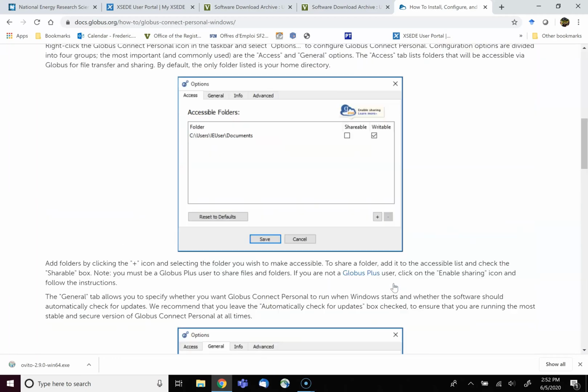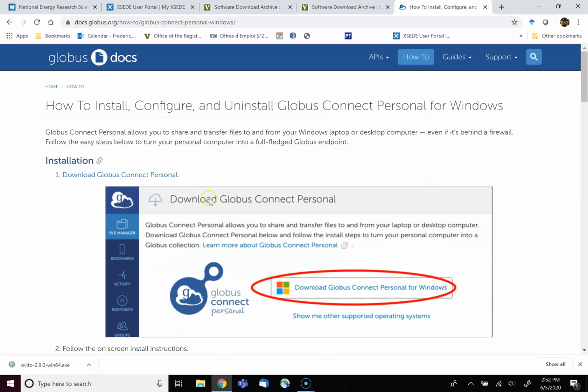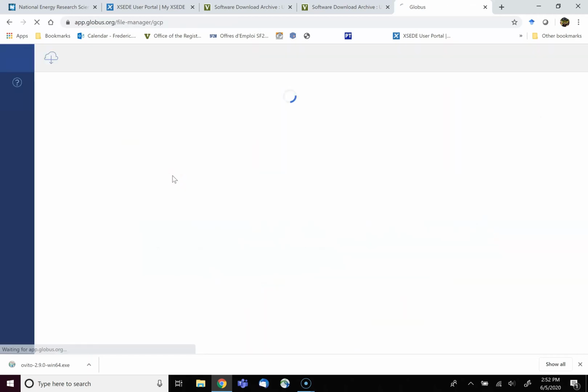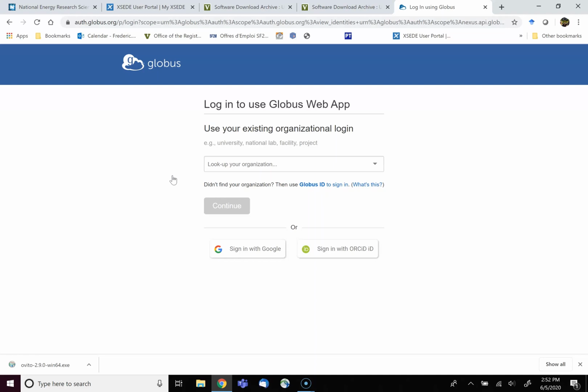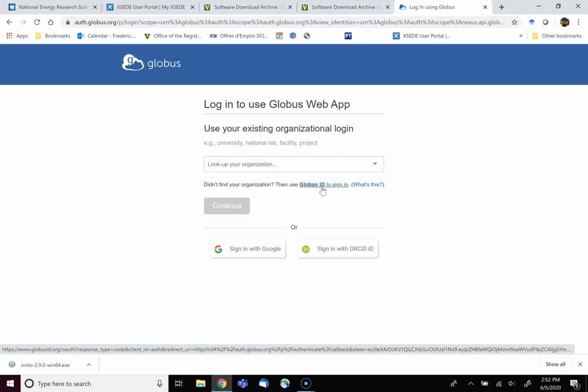Alright, so start with the download of this. Usually you have to sign in with your XSEDE user account.